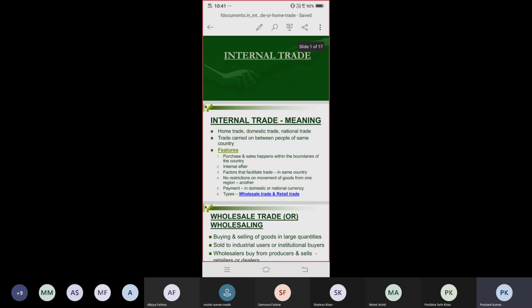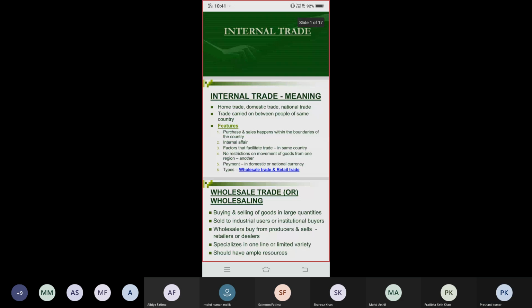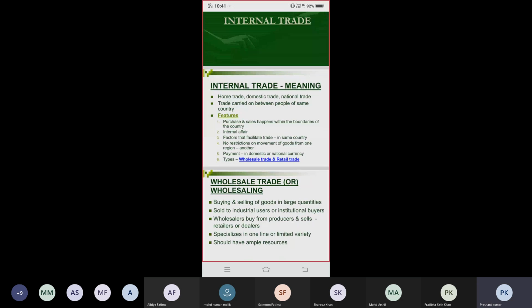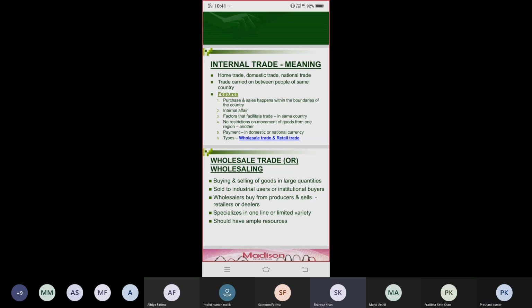Internal trade, also known as domestic trade, is the buying and selling of goods and services within the confines of the international boundaries of a nation. So while import and export are important for the economy of a nation, most of its GDP contribution comes from internal trade. Examples are products purchased from a neighborhood shop in a locality, a central market, a departmental store, a mall, or even from a door-to-door salesperson or from an exhibition.